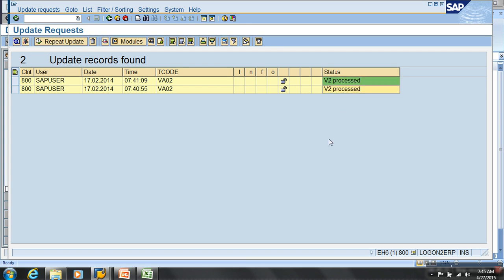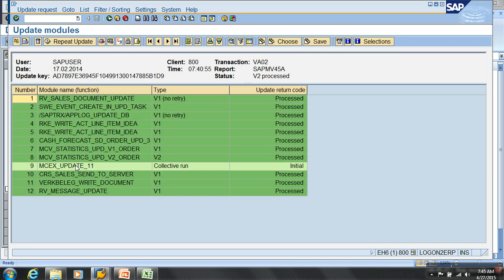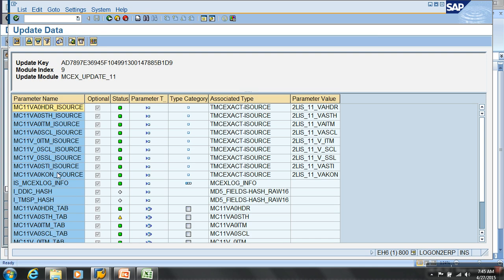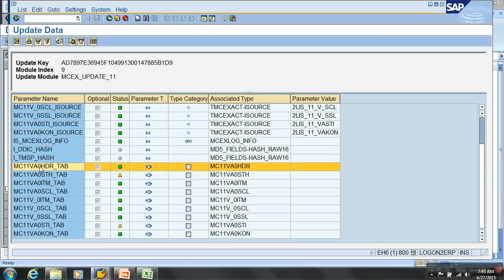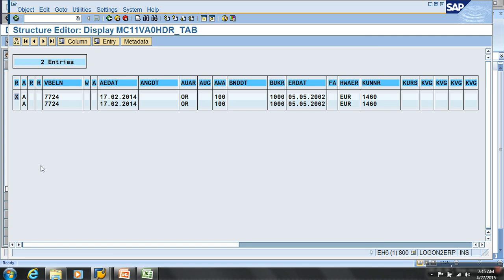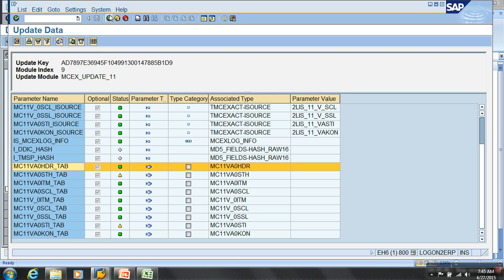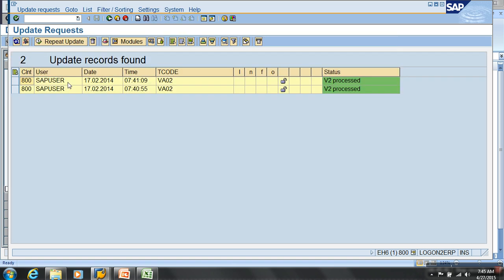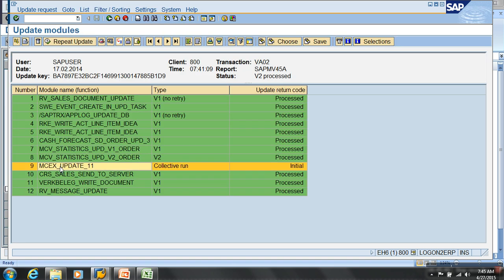The 2 records. Okay. Now if I get into any of these, select this MCX update Q, set display. Now go to which one it is? Header, right? Double click on this header, you get to see the record. 7724 before and after. You can see this. If you see the next one,